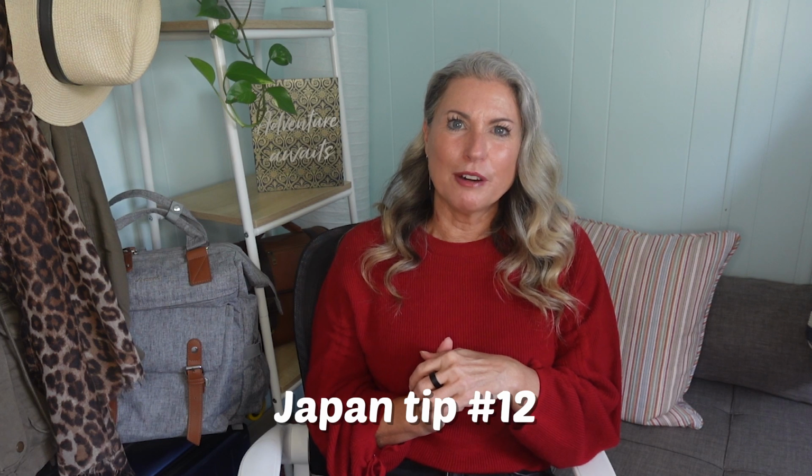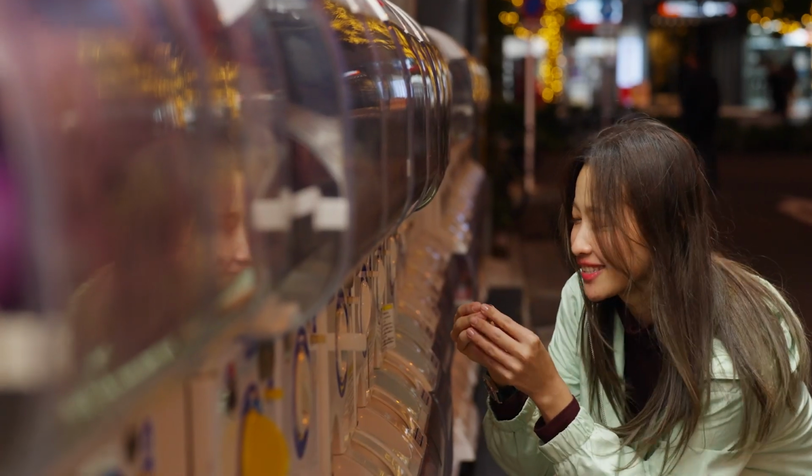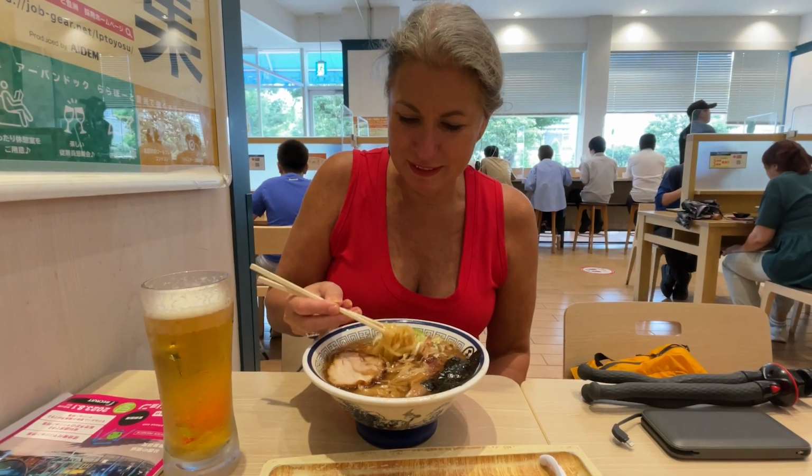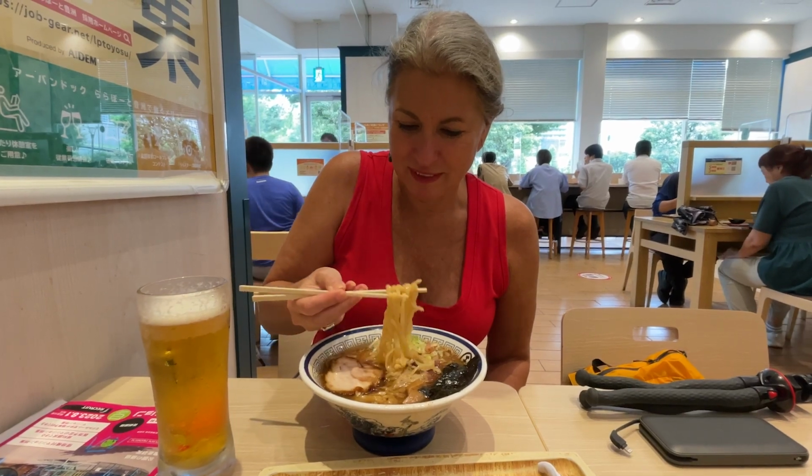Tip number 12, bring or purchase a coin purse. Much of the Japanese currency is in coins, and although many of the bigger shops will take credit cards, most restaurants will still only take cash, especially when you get out of the big cities. You will quickly end up with a handful of coins, and it is just easier to have a specific place